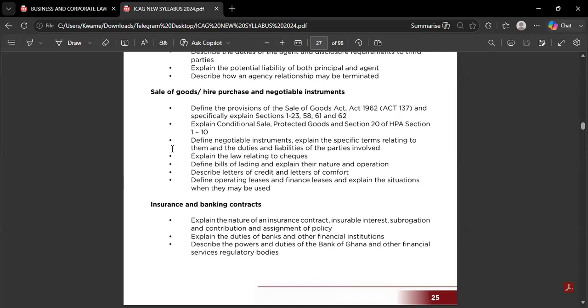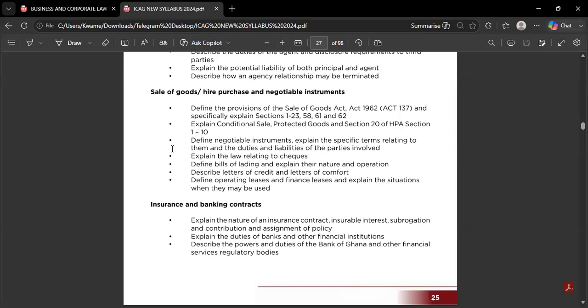But when it comes to hire purchase, at the initial stage, the buyer has the item and is using it with the option to purchase it after payment of installments. So until all those installments are made, the item is not his. The whole time that he's using and paying for it, it's not yet his. He has possession of it. That's the difference between hire purchase and sale of goods.